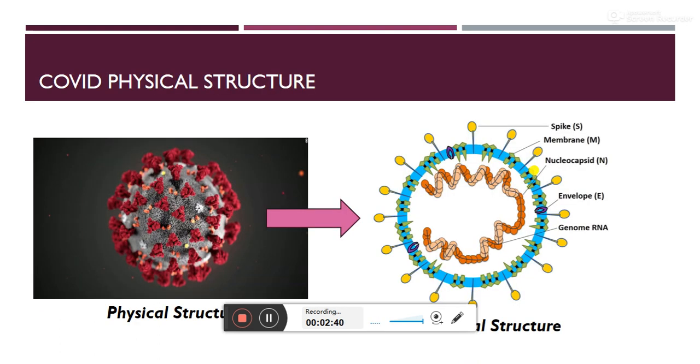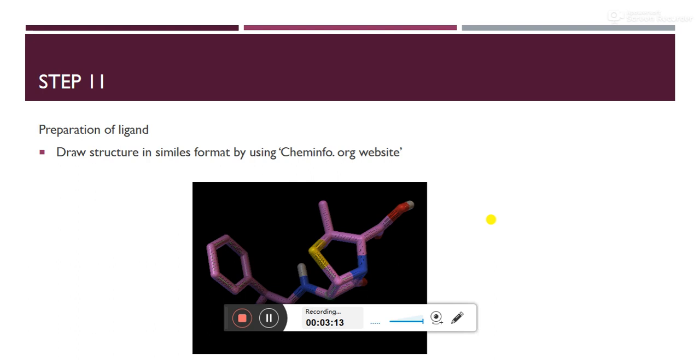And how do you choose the coronavirus protein? The coronavirus consists of a spherical physical structure that has spikes outside, but its chemical structure consists of different varieties of proteins, for example, spike protein, membrane, nucleocapsid, envelope protein, genome, RNA. Spike protein is highly pathogenic, which contributes to the very fast replication of this coronavirus. So you can choose that one.